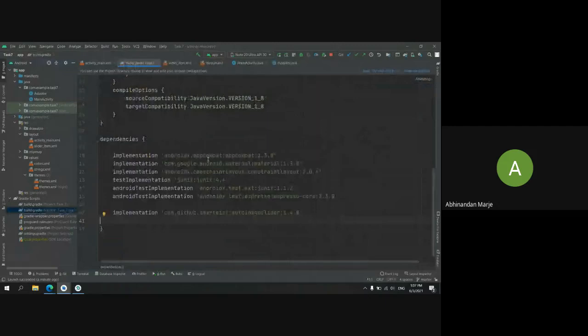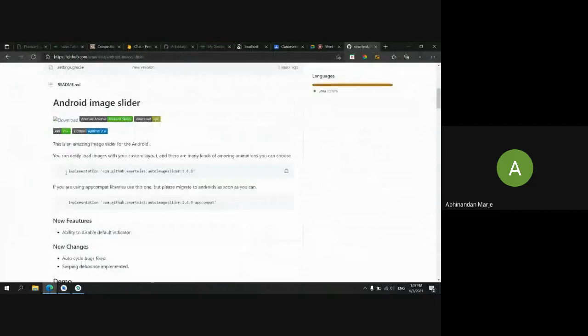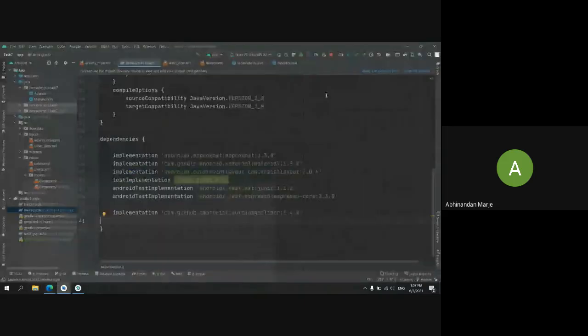Okay, so first thing, you have to copy this. If you are in Android X, then you have to copy this. If you are not using the Android X feature, you have to copy this dependency. Now, all of you use Android X only. You just copy this, paste it here, and click the sync now button. As soon as you sync it, the dependency will be added to your project.